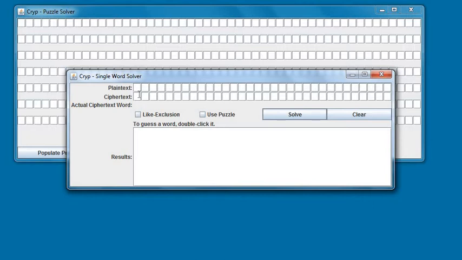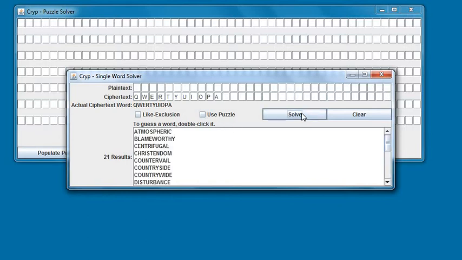I can enter one here and now. And find all the words in the dictionary that fit that pattern by hitting the Solve button. I can search through these 21 results and try to guess which one is most likely, but there are ways